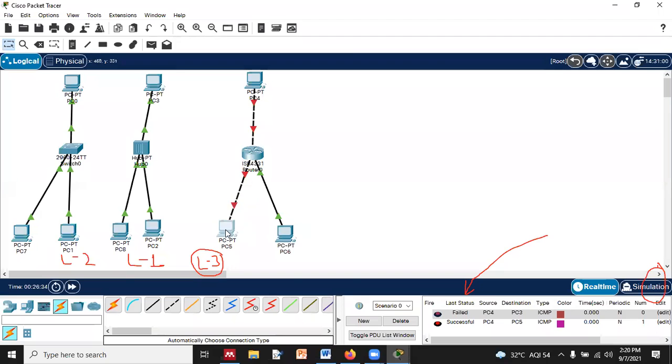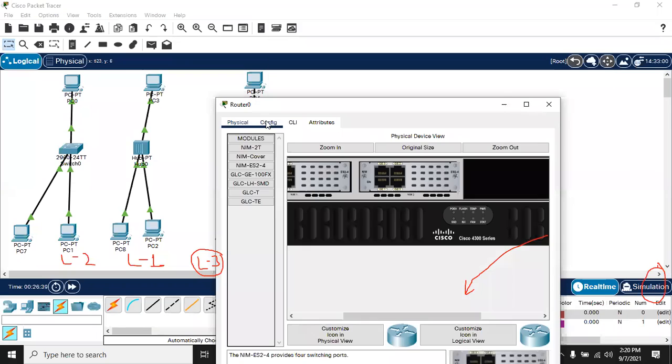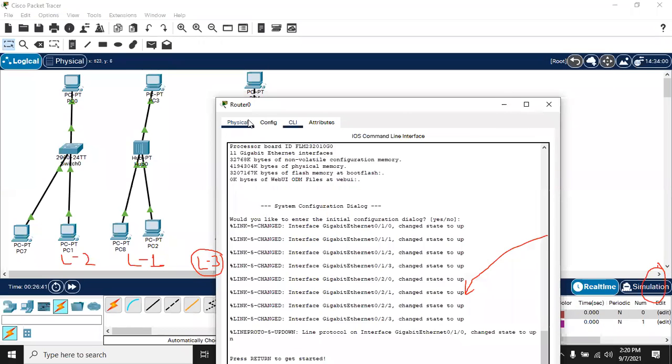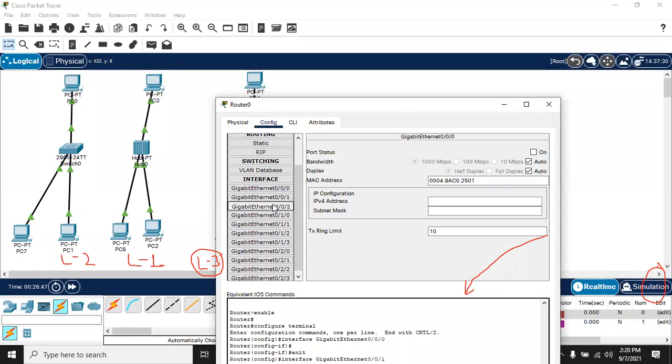So you will see now after few minutes, the port will get started. And now you can see how many gigabits are there since we have installed the modules. So in which we have set the